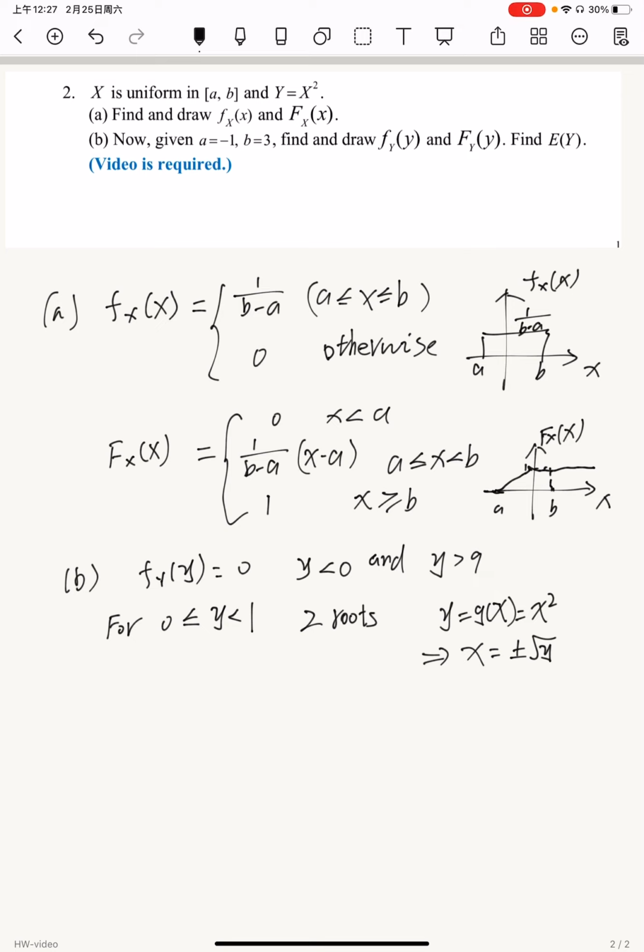And we can write f_Y as f_X(x1) divided by |g'(x1)| plus f_X(x2) divided by |g'(x2)|,